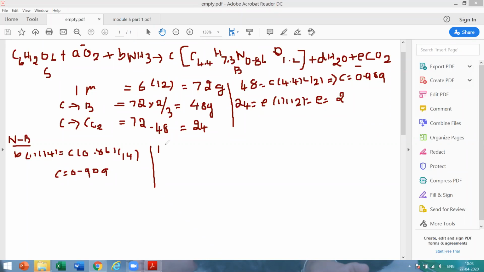As I told, 1 into 12 into 1, that is C6H12O6, plus B into 3 into 1 is equivalent to C into 7.3 into 1 plus